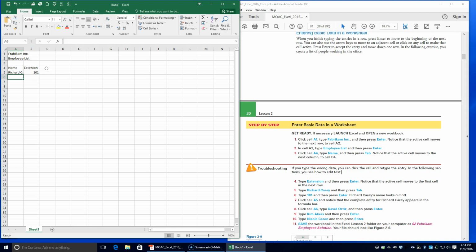So we're going to click in cell A5 and notice that the complete entry for Richard Carey appears up in the formula bar. It's all there, it's just that this cell isn't quite big enough yet. So go ahead and click in cell A6 and we're going to type David Ortiz and